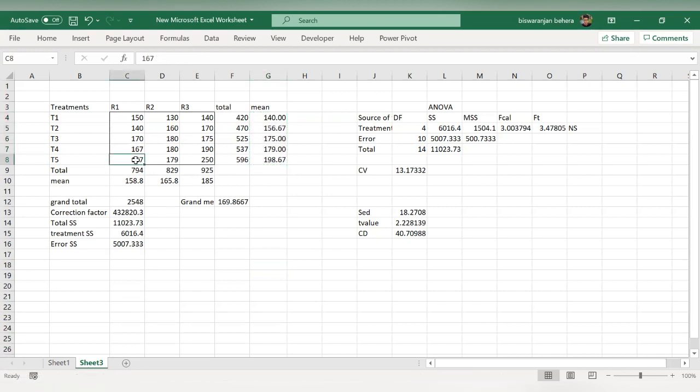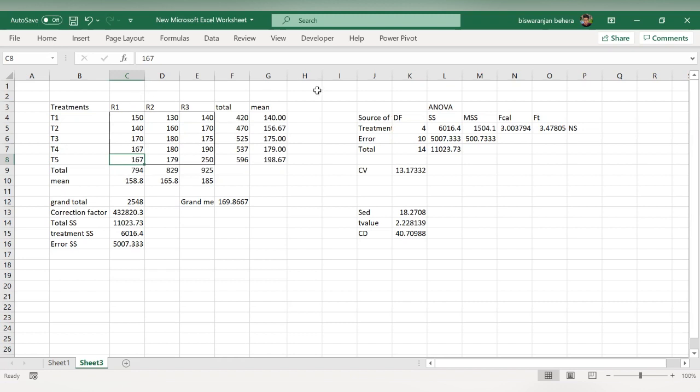So now the most important question, what is the benefit of building your own software? Because we have already seen OPSTAT is there, also other softwares are there for analyzing field experiment data. Then what is the purpose or what is the benefit of building your own software? This is because I found one benefit that in OPSTAT, every time you have to copy your data and you have to paste the data in their website. After that, it will analyze. Okay, so if minor changes are needed, then you will not do that on the spot, because you have to again come to your file. After that, you have to edit the data and then you have to re-upload the data.